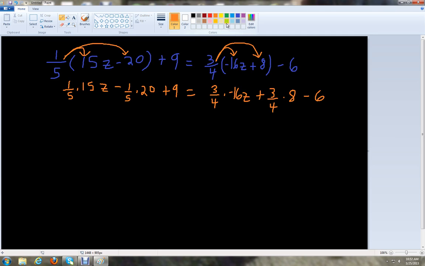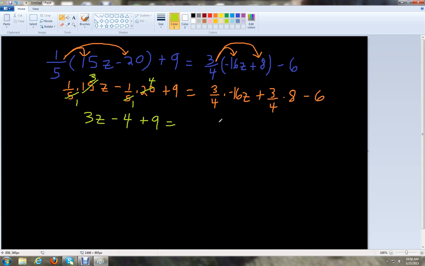I'm going to use another color here to illustrate how to simplify this. So you notice that the 5 and the 15 you can divide, right, or cancel. So remember, like with fractions, we did that. So 5 goes into 5 once, and 5 goes into 15 3 times. So we notice that 1/5 times 15z, that's going to give us 3z. Right? Because 1 times 3 is 3, and then times z is 3z. And then we do the same thing. We'll do minus, and then 1/5 times 20, cross out the 5, make it a 1, and then 5 goes in 20 4 times. And then so that'll be negative 1 times 4. It's minus 4. So we have 3z minus 4 plus 9